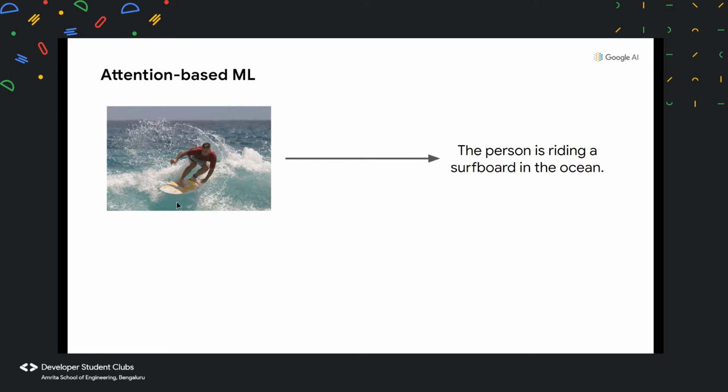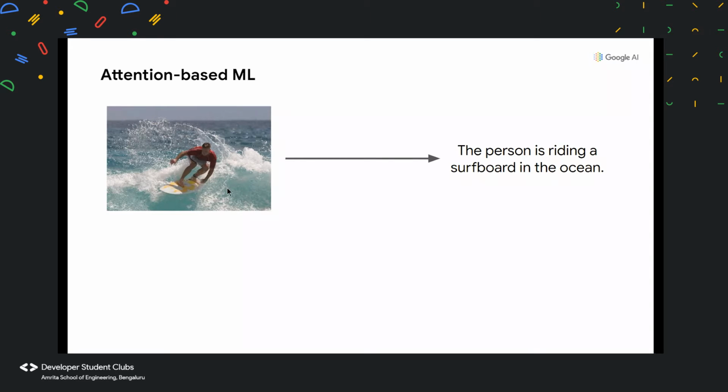So here we have the image of a surfer, and that's pretty easy to detect. But let's see how we break it down. We might first identify the man, and then we might see that, okay, looks like he's on a surfing board. And where is the man on the surfing board? Well, we do see water, and there is a wave. So probably this is the ocean. And in order to understand how it is a wave, we might have looked at the relative coloring over here. We have a white wave, and we have some still water, which is blue in color, in the background. So we know that this is a wave, and the man is surfing in the ocean.